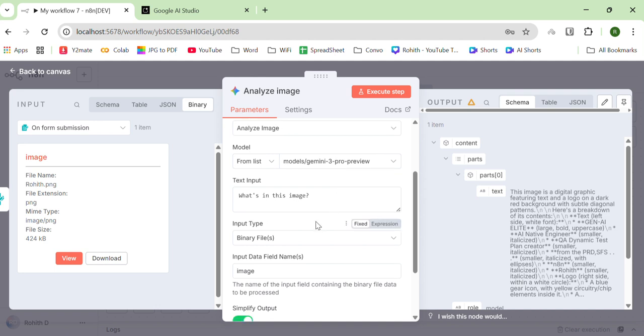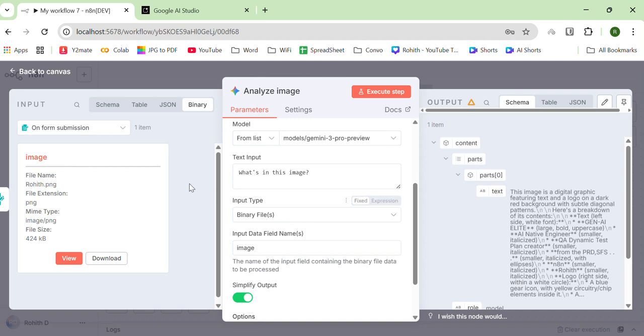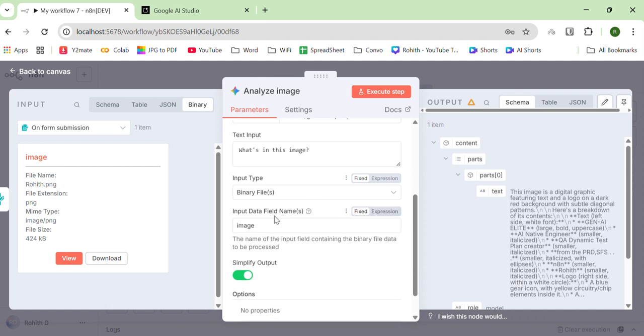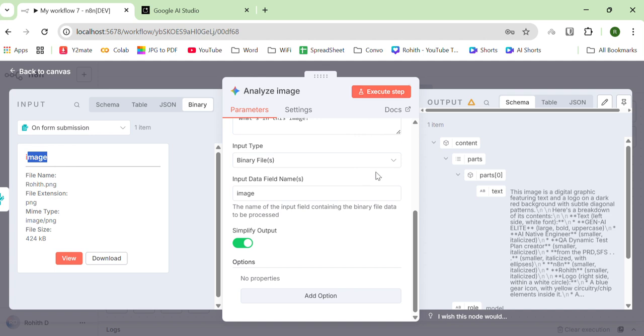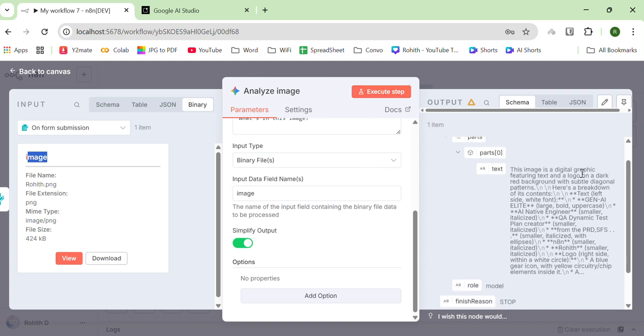So this is one of the latest models, available from today only. We know that the file is in binary format, so I have chosen a binary file format. The input data name needs to be matched, and here the name is image, so the image is also mapped here. Then if we execute the step, it clearly shows that the image is a